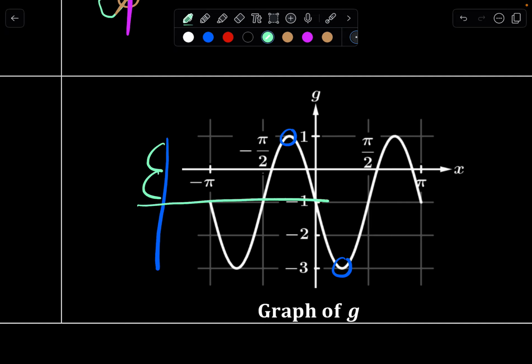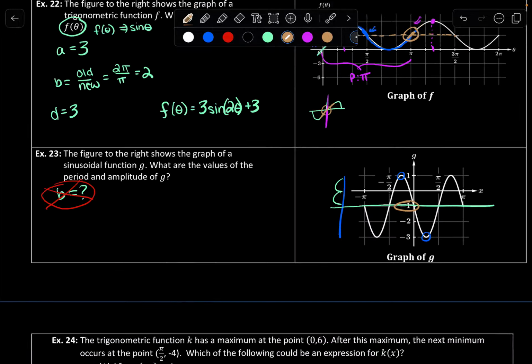That's where my midline is going to be. Or you can use the formula as well. But I would just say if you have a graph, take advantage of that. You can use the grid that's provided so that you can see where the midline is going to be. So if I look at this, my midline is going to be at -1,